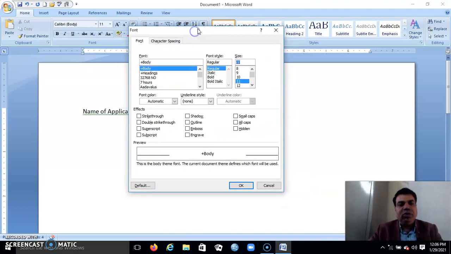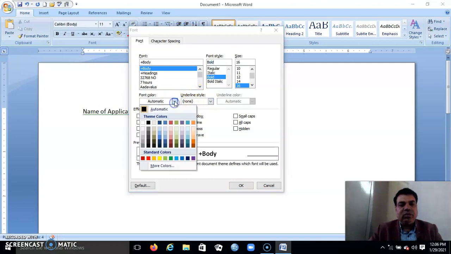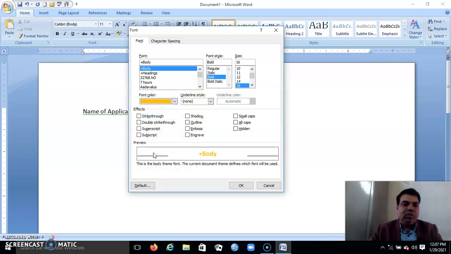A pop-up will open and you can change the font size. You can change the font type, bold, italic, underline, bold and italic. These are the font styles. This is the font name, font style, font size, and this is font color. You can do everything from this font pop-up window.